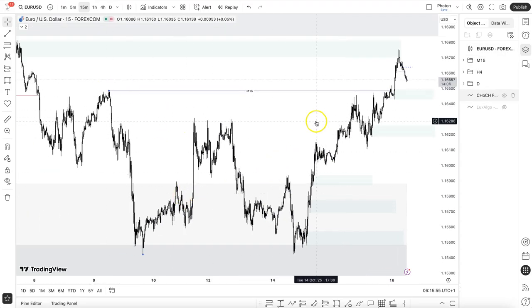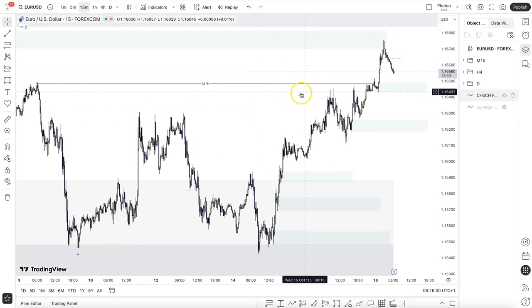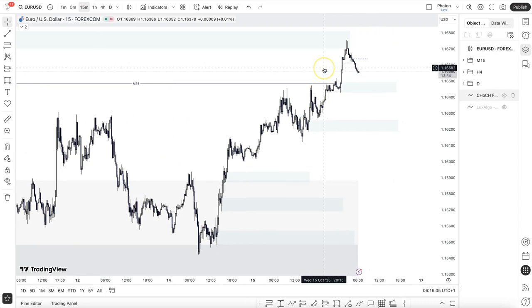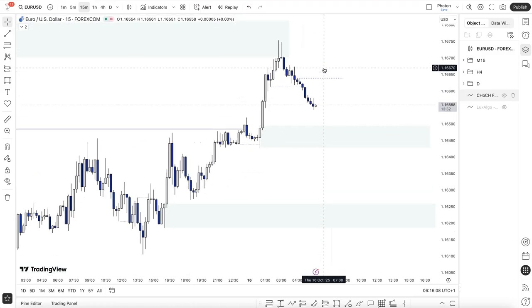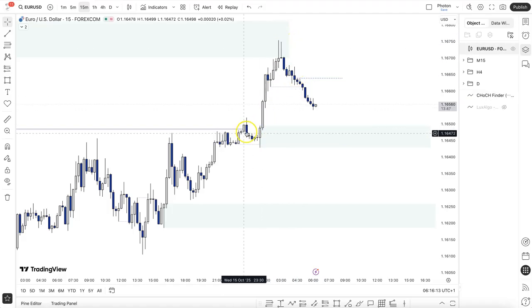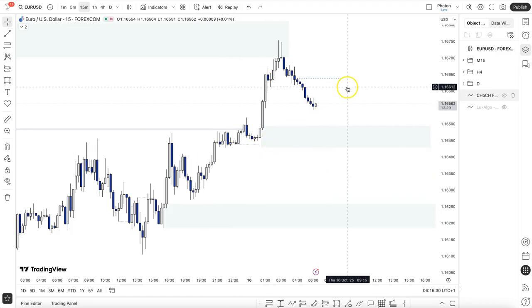Why? Because we're playing the H4 pullback. So if this is bullish, we've had a break of structure. After the break of structure, we can expect a pullback to happen. Has the pullback started? Well, we've had a change of character, which is a bare minimum. But after that, I would want at least an internal break of structure to indicate that yes, the pullback has happened. So I will wait for price to take out these equal lows because there's a lot of liquidity behind these. And then once that happens, I would then look for